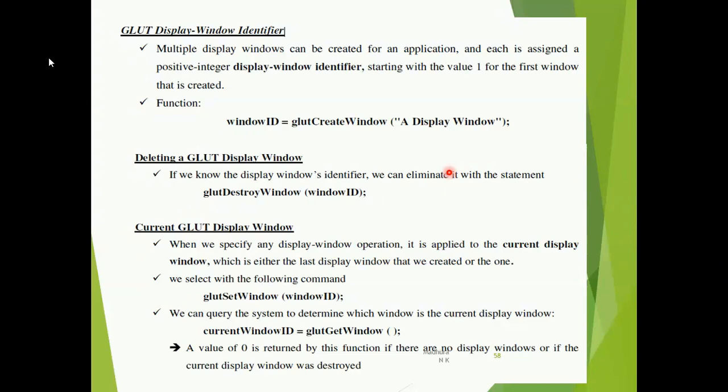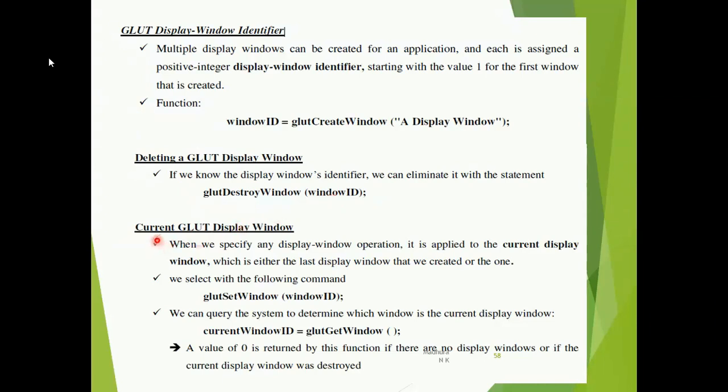So how do you delete that? You need an identifier again. The glut display window can be deleted using glutDestroyWindow. Inside the bracket you give the ID of the window.